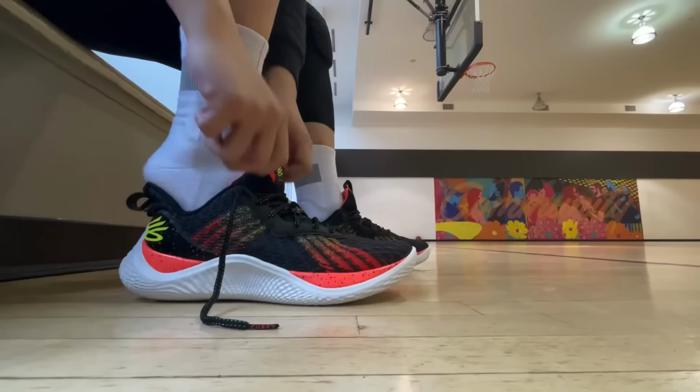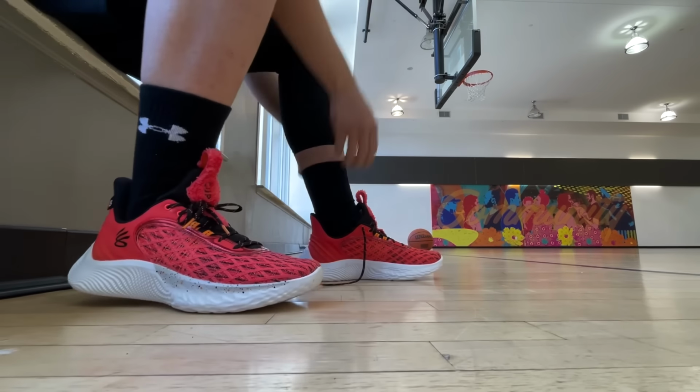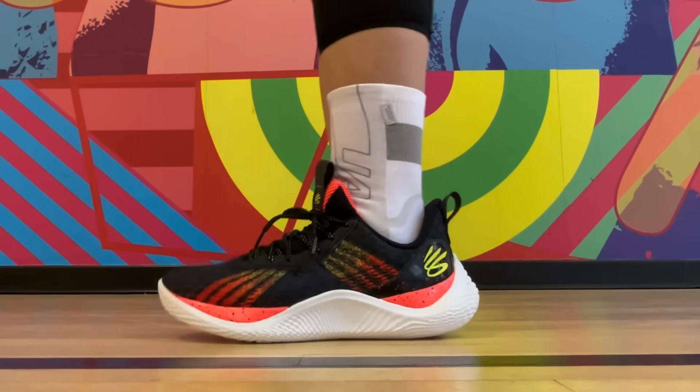And the fit was also better this time. Like the Curry 9, I had to go half a size up because of the tight toe box, and the length was a little bit short, but the Curry 10 was right on. True to size will be a very snug fit, but I feel like that's also the point of having a